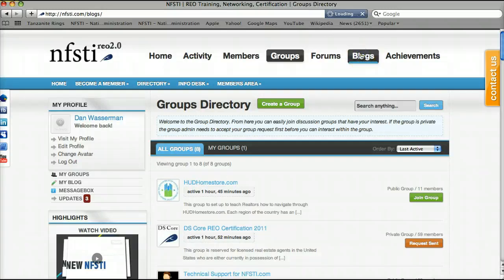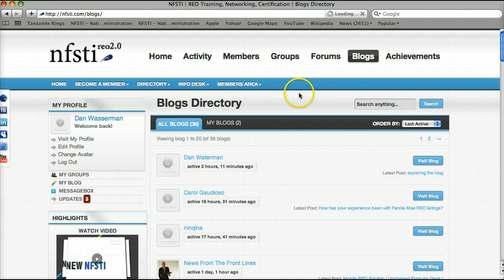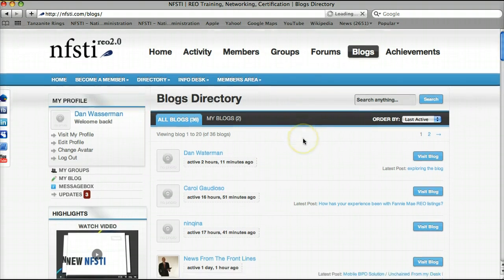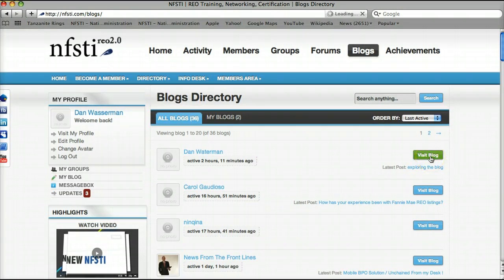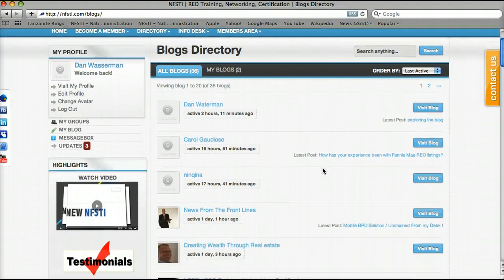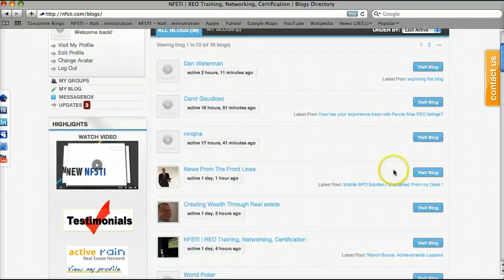Blogs are an interesting page. Within this website, everybody that's a member, I should say, has the ability to create their own blog. You also have the ability to jump on other people's blogs, see what they're writing about, make comments and dialogue. Simply visit blog over here on this blue button and it'll take you over to somebody's blog. News from the front lines, for instance, if we were to click on visit blog, is going to take us over to